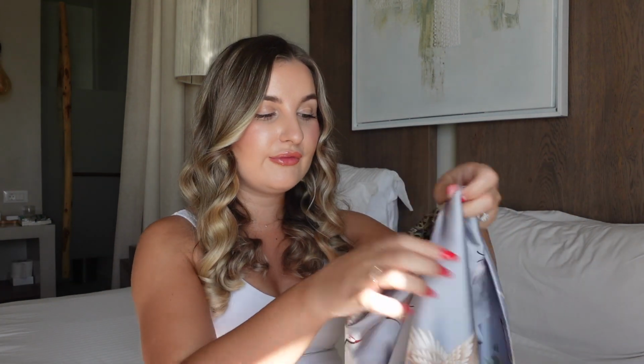Gorgeous print as well. That's one thing that I wanted to mention with their products. They have so many beautiful prints that you can choose from. That's why it was really difficult for me to make a choice because all the prints and colors that they offer are really nice. The material on this is really silky and is actually made of high quality polyester charmeuse,